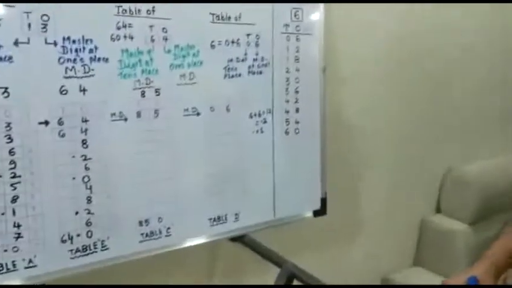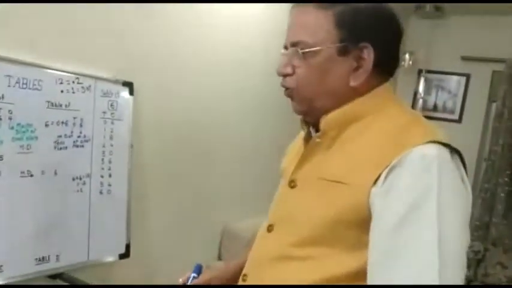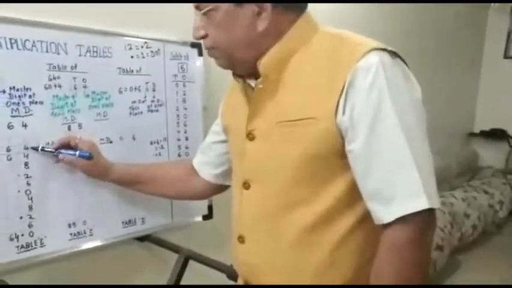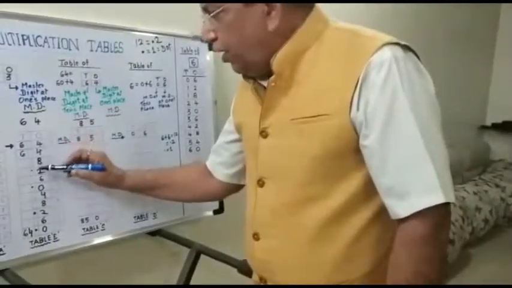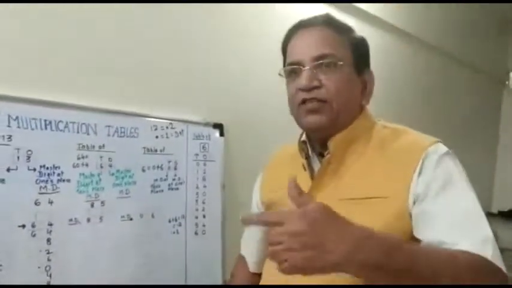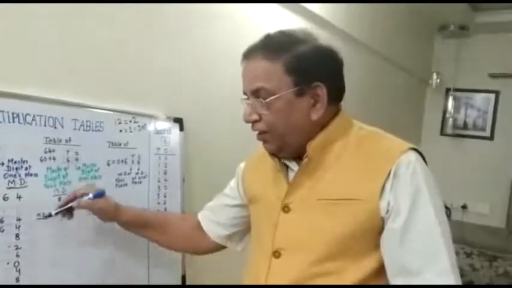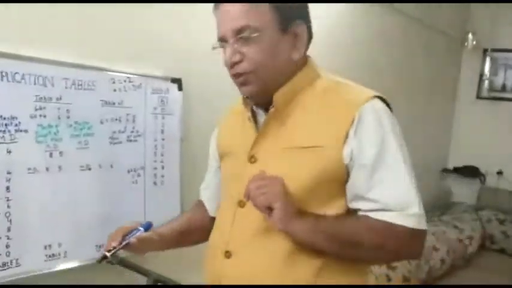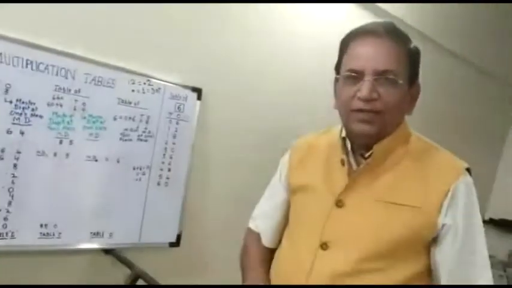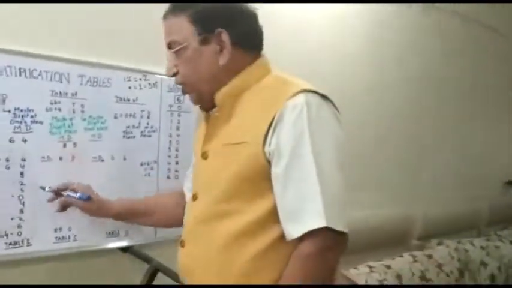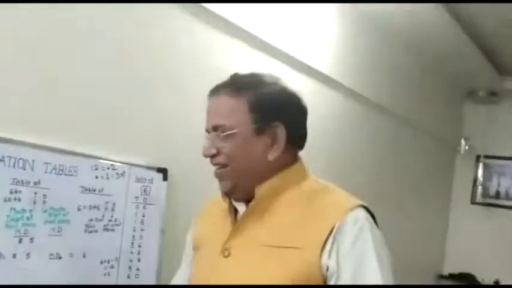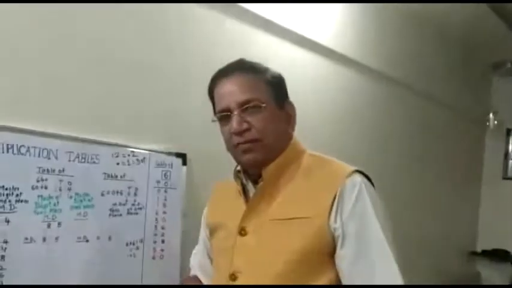Okay. Children, there is one catch I would like to tell you, or some important thing. That is, if the master digit is 4, then you will get 4 dots. 1, 2, 3, 4. If by chance you get 3 dots, then reconsider that, oh, I should get 4 dots and here I am getting only 3. So you will find out if there is any mistake. Okay? So this is one checkpoint. Now 50% of the table is ready. Now let's go for the tens place numbers.